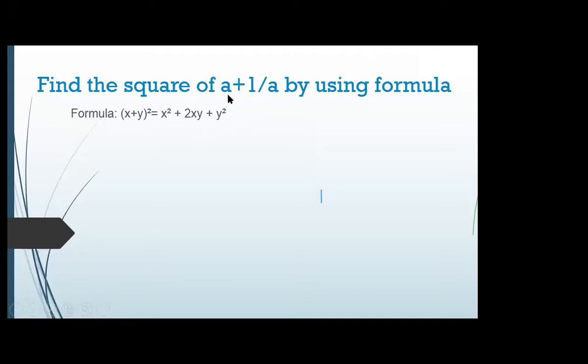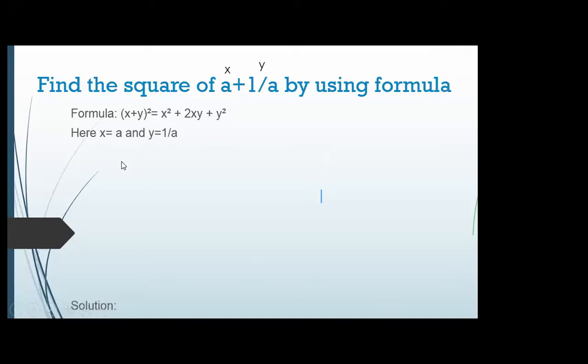Now let's compare the question with the formula's left hand side. So our a is equal to x, that means x equals a and y equals 1 upon a. Okay, Talha, Halima, this is clear? Who's Rabia Masood? Please rename yourself properly. Okay, Sanya, is it clear? So we get here x is equal to a and y is equal to 1 upon a.